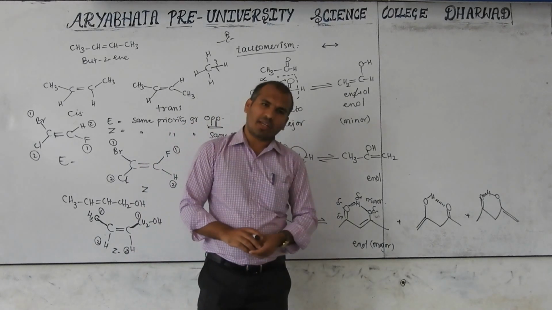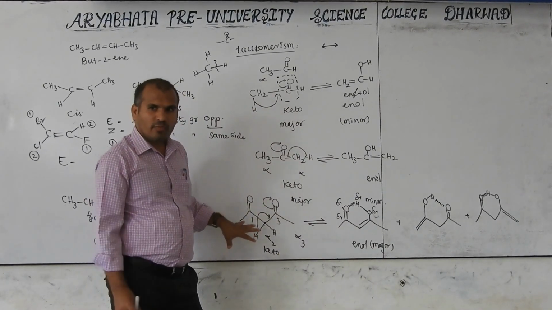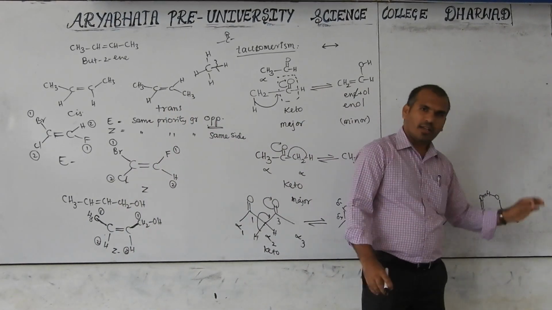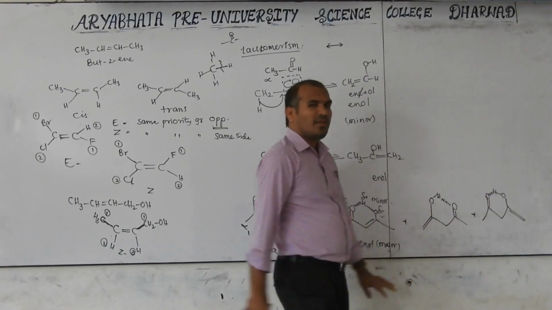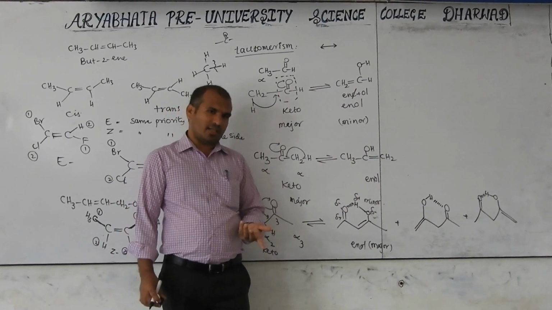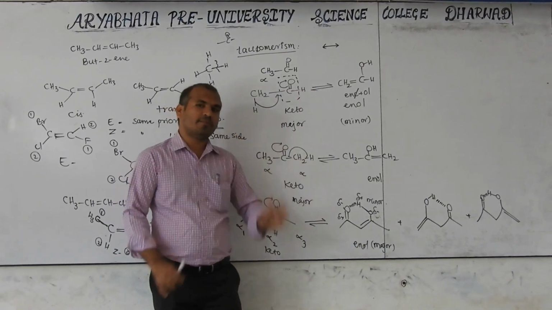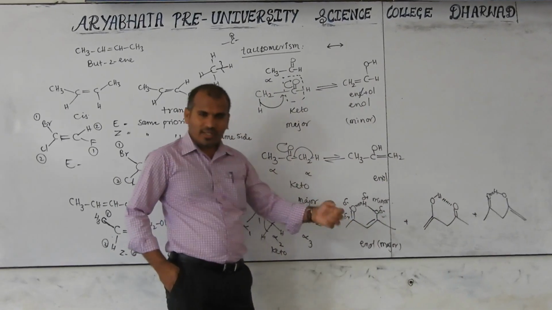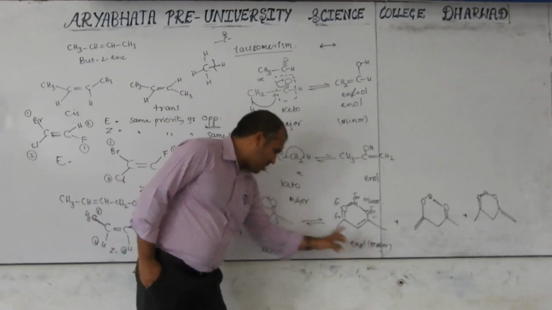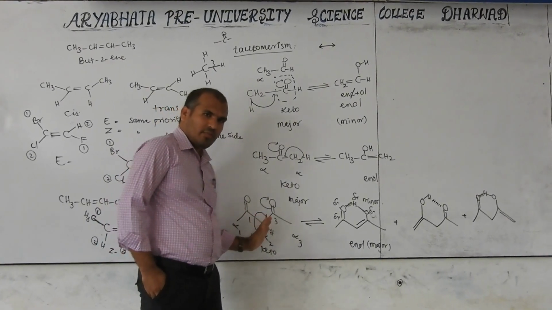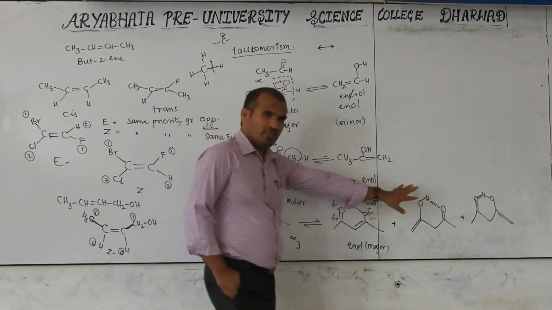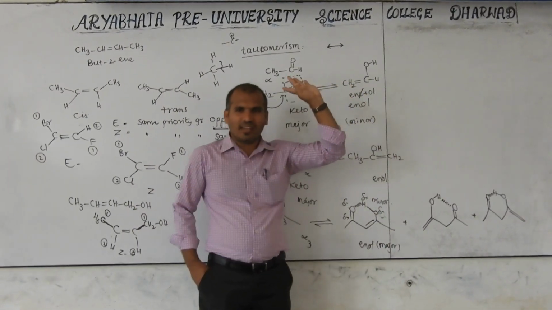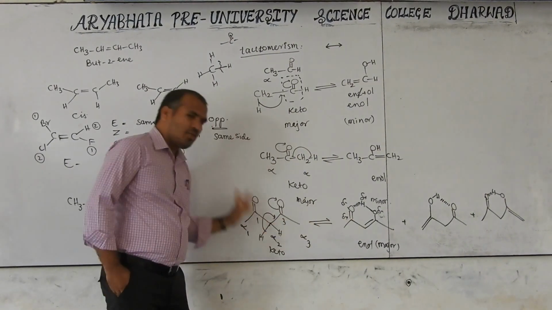Now in an examination they may give this compound in enol form, with option A, option B, option C, option D being all are equally stable. Which is more stable, this type of question will be asked. Then which option will you choose? Which is the correct one? All are equally stable, or is it any one? I have given that major is with respect to this. Keto form major or enol form major? Enol form major. But I have not explained here which of these three is major. Now I explain: this is major with respect to keto.